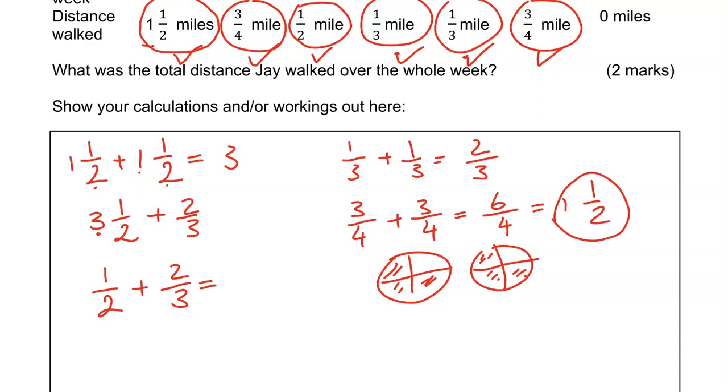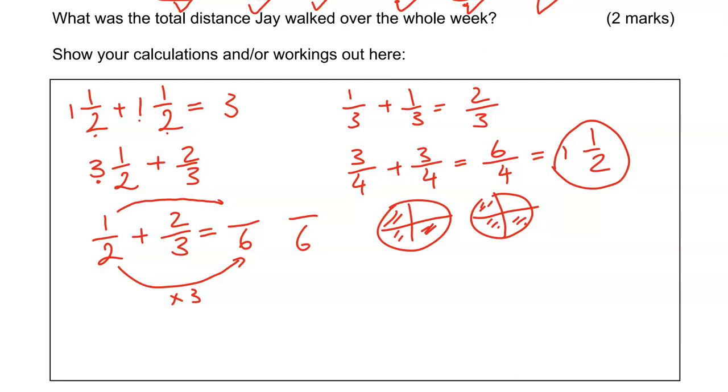We need to find a common denominator for both, which can be 6, which is 2 times 3 as well. So to get from 2 to 6, we've multiplied by 3. So we'll do the same to the top number. 1 times 3 gives us 3. To get from 3 to 6, we've multiplied by 2. So we'll do the same to the 2 there to give us 4. So adding these together gives us